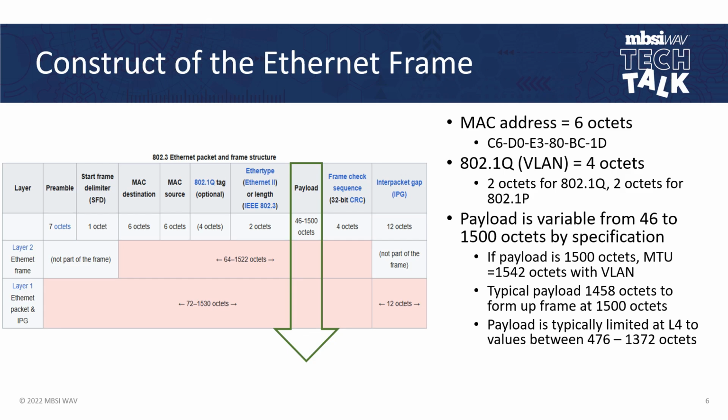a fixed structure. Once the data link layer is formed up and the information is known, the destination, the source MAC, VLAN for example, the Ethernet type, and the frame check sequence, then it's handed down to layer 1 to be sent to the other device. All right, this is all pretty mundane stuff up to this moment. So the important thing to know